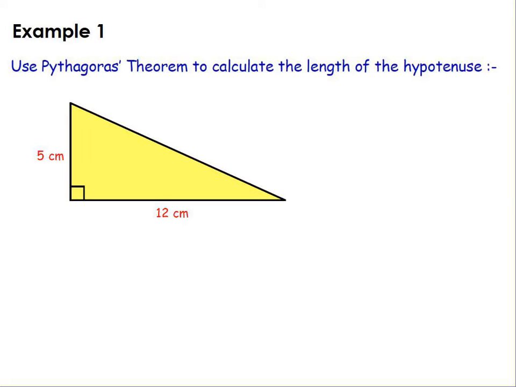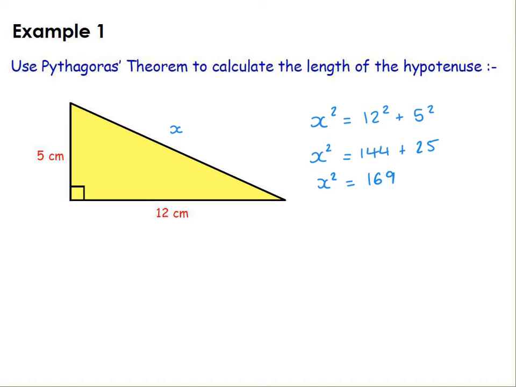Example 1. Use Pythagoras' theorem to calculate the length of the hypotenuse. So I'm going to call the hypotenuse x, and to find the hypotenuse, what I'm going to do is square each side and add them together. So I'm going to do 12 squared plus 5 squared. Now, putting them into your calculator, or you can work it out in your head, 12 squared is 144, 5 squared is 25, and that gives us an answer of